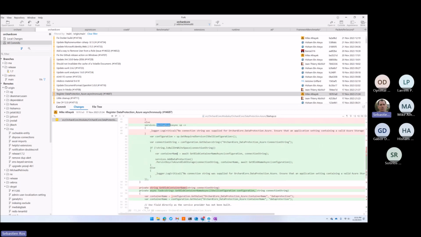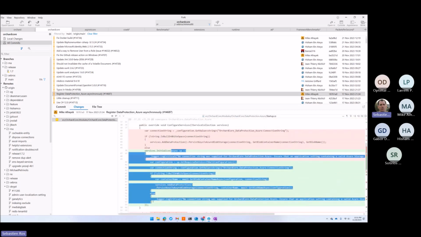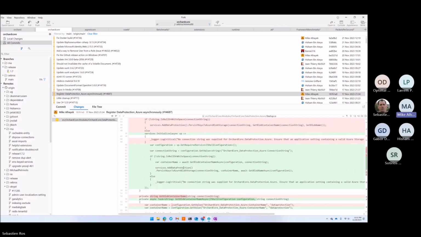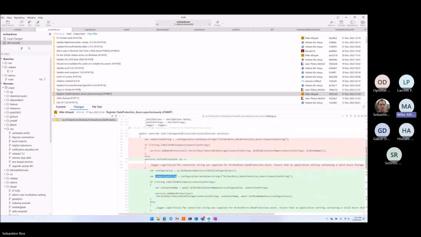Okay, so initialize is a way to register an async lambda that will be executed in an async pipeline such that you can do async initialization instead of non-async configuration. So it's like we had the configure services async, right? It's really initializing a service, not configuring. That's the issue with this. You notice there we're actually registering in there. It shouldn't really be done.